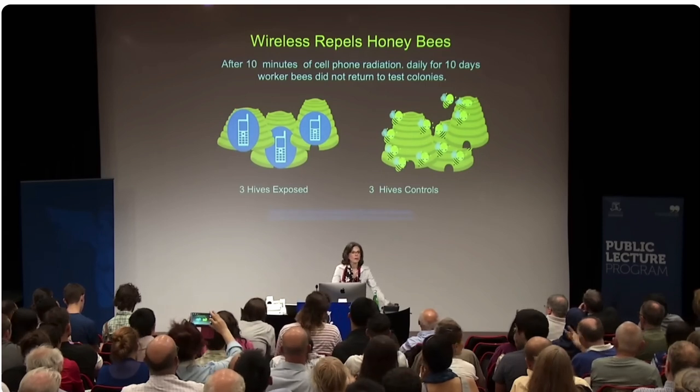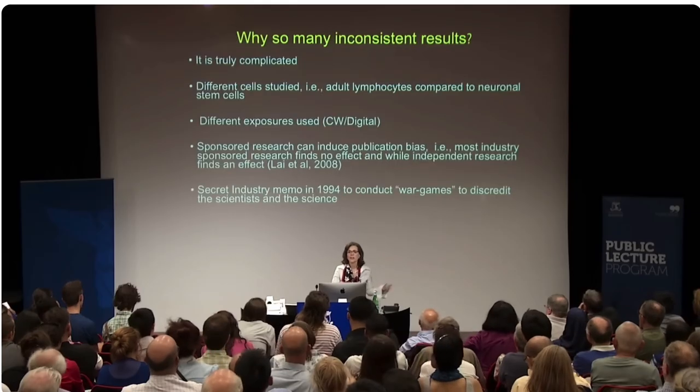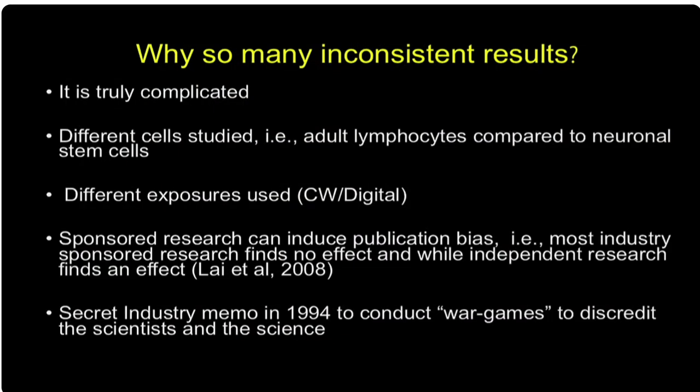So now we have to deal with the reality. There are many inconsistent results. I'm not just